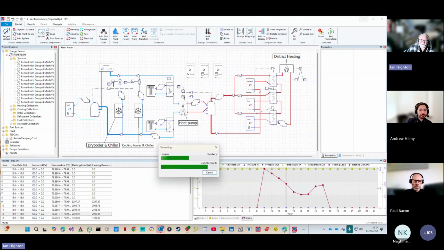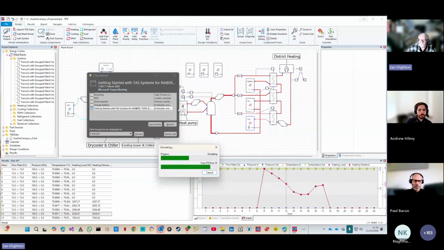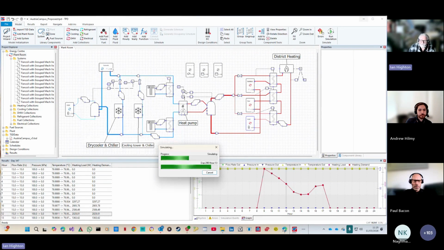But no, the ground loops. So I'll double click on one of these ground loops once it's finally got to the end. But as Andrew demonstrated, you can move all of this stuff around. I think one of the most useful things is the wizard and the Part L wizard. They're very good because they give you a starting point. If you were starting with a completely blank sheet and you had nothing, I think you'd probably not struggle, but it wouldn't be quite so easy to produce systems like this. So it's really handy to have those wizards to produce you a sort of starter for 10,